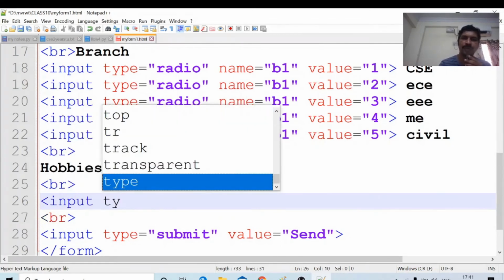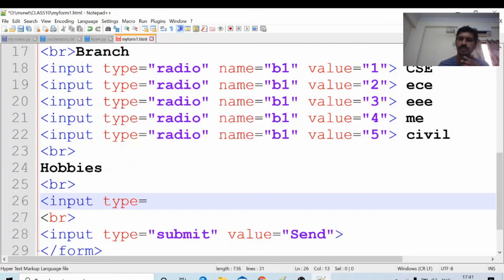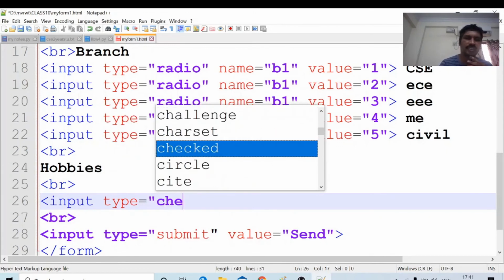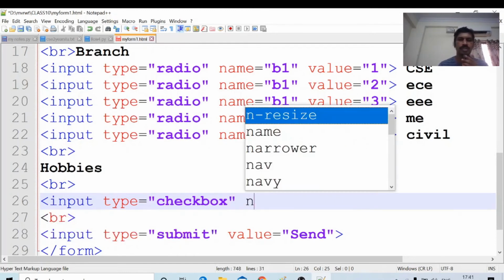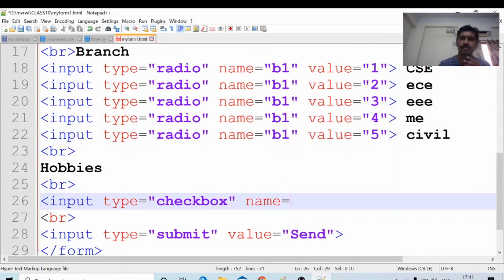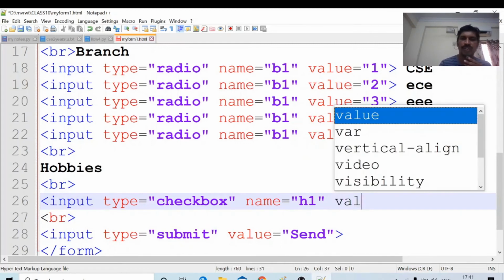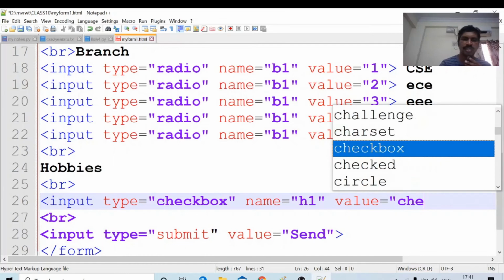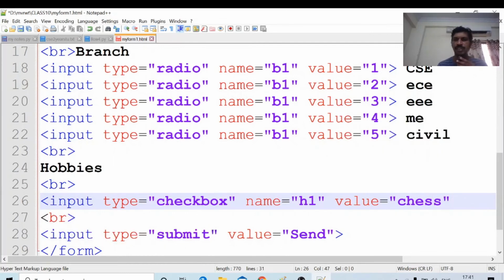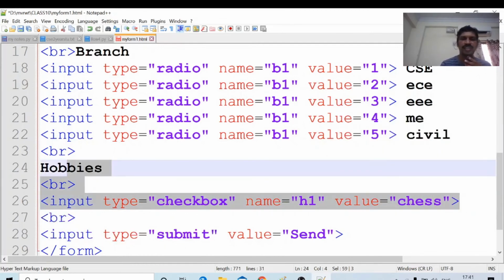What is the type? Type equal to checkbox. Name equal to hobbies, H1. I am giving the name H1. Value equal to some name, CHESS. This is optional. Here I will write chess.